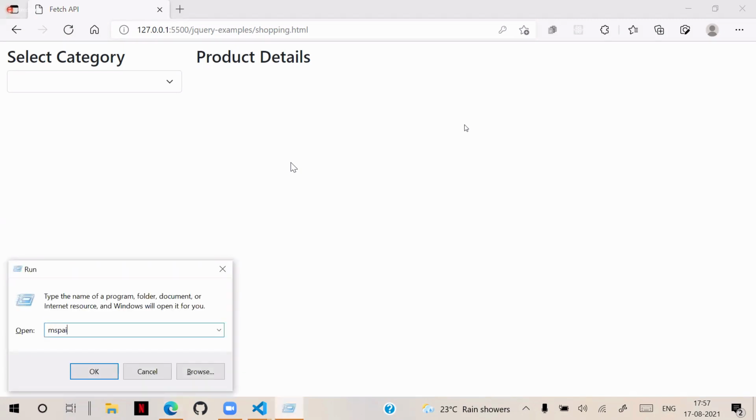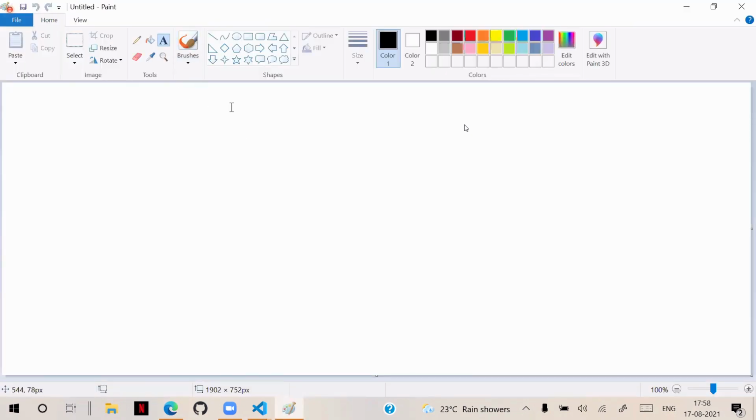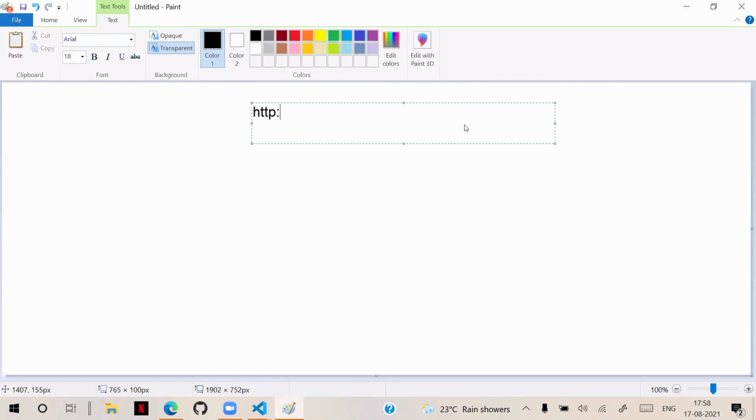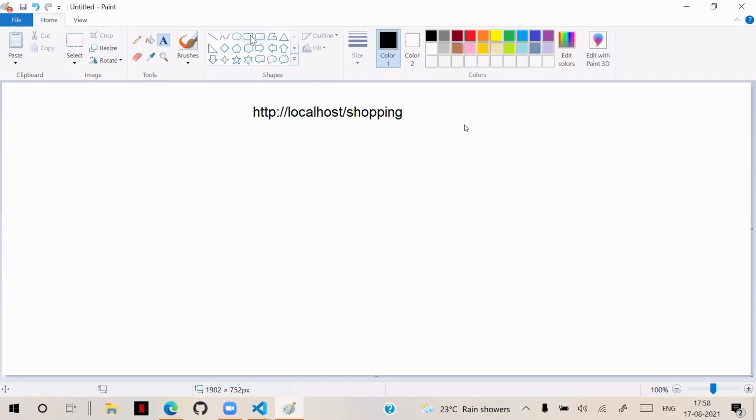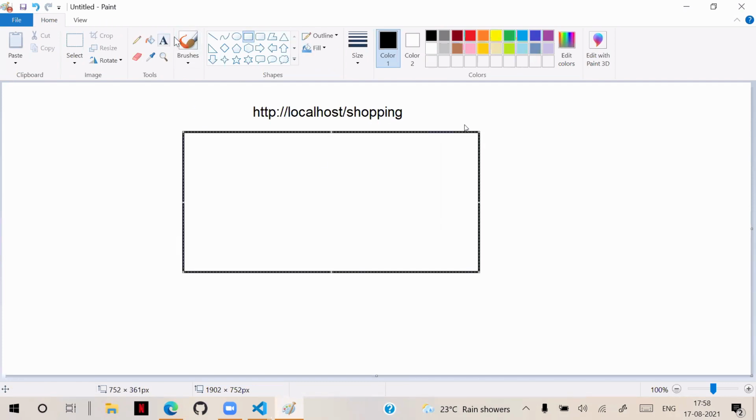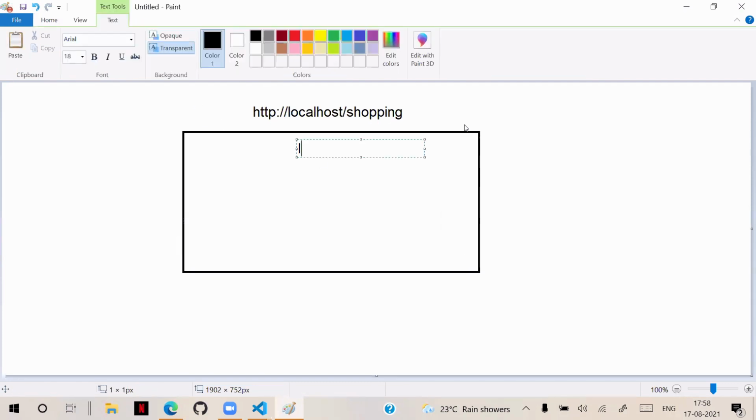So whenever anybody opens our website, for example http://localhost:8080/shopping, immediately we need an index page. That means we need to display the index page.